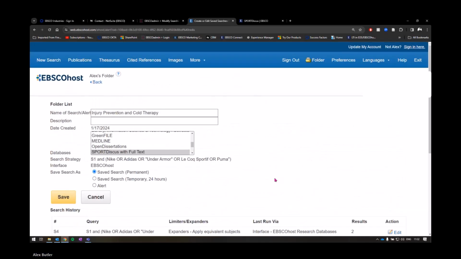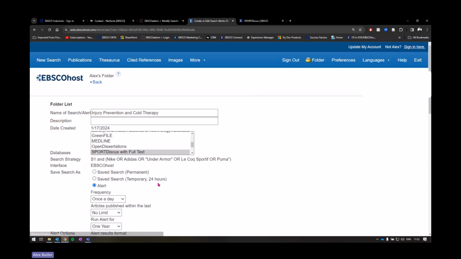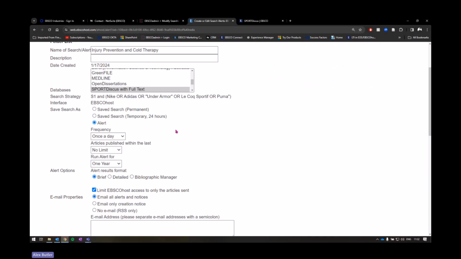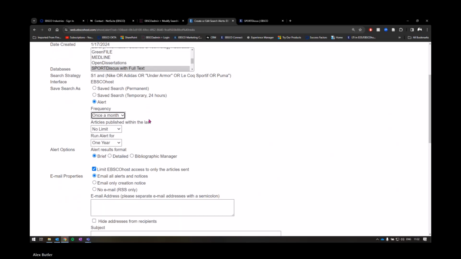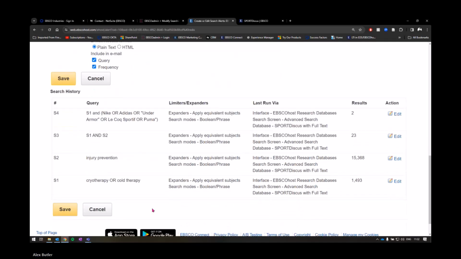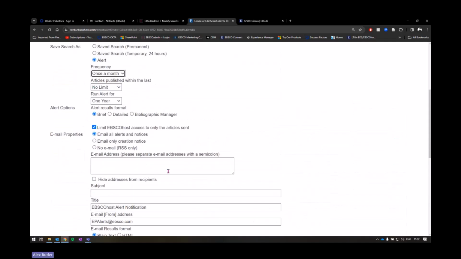And then I select alert. So what this is going to do is send me an email either every day, every week, every 2 weeks, or every month. And it's going to show me search results from my search lines that are down here. Okay. So I can get the latest search results delivered to my inbox without having to come back to